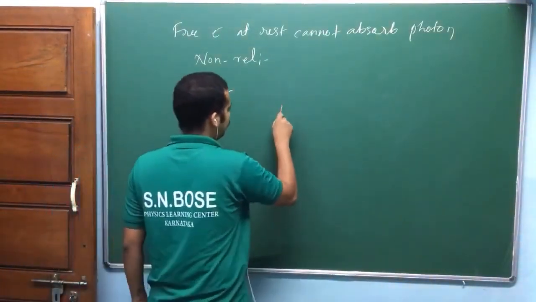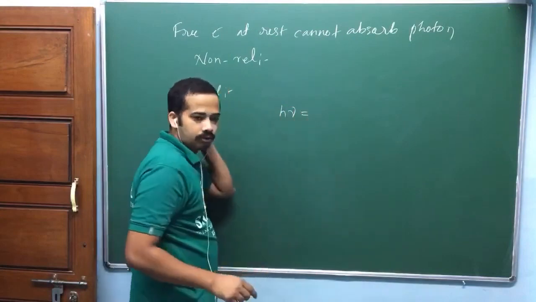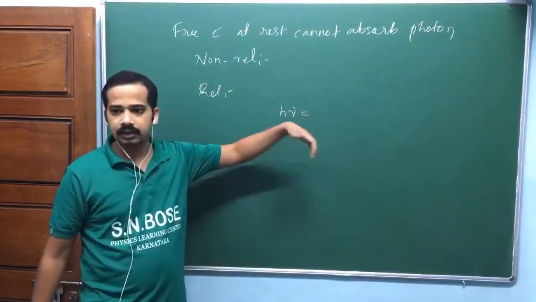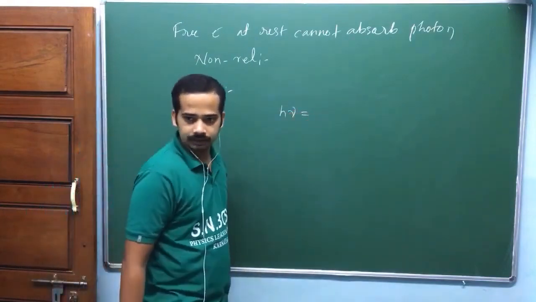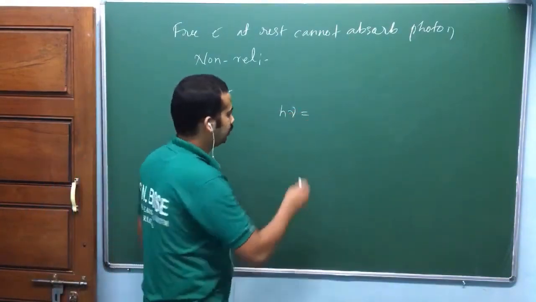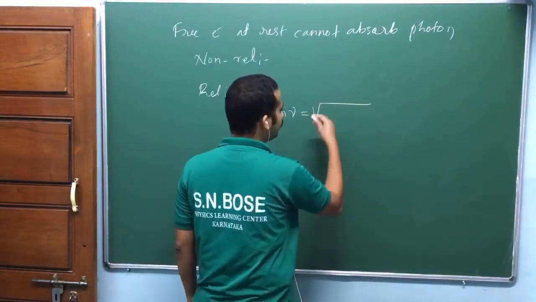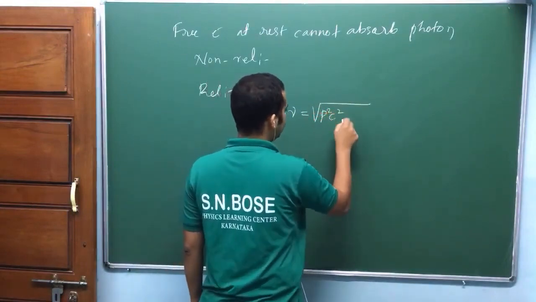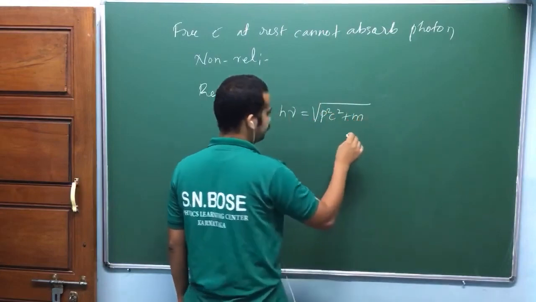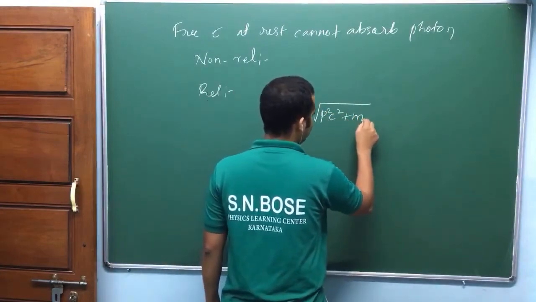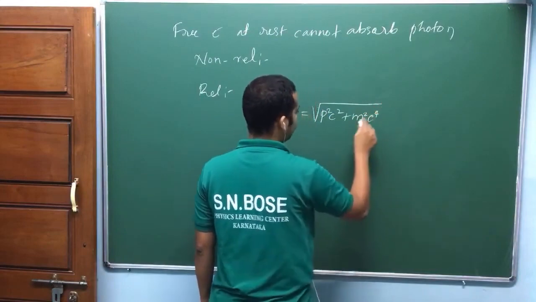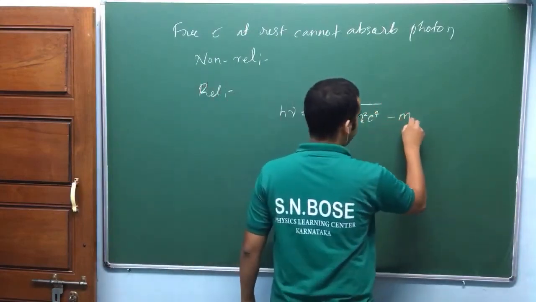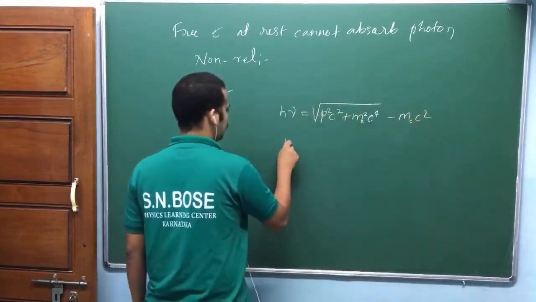So suppose h nu is equal to, and here don't write kinetic energy, write relativistic kinetic energy. Initially the electron was at rest, right? Relativistic kinetic energy, I hope you know this one: the square root of P square c square plus m square c power 4, where me is the rest mass of the electron, minus me c square. So again, h nu